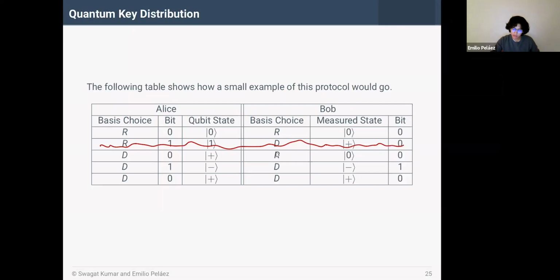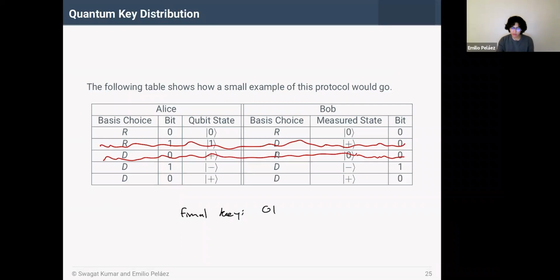not the same. Now, for the third one, again, we do not have the same basis. Alice chose the diagonal one and Bob chose the rectangular one, so we can get rid of this one. And then for the last two qubits, they both chose the diagonal basis, so we can keep those. As you can see, when they chose the same basis, they measure the same state and they get the same bits. So their final key is just the remaining